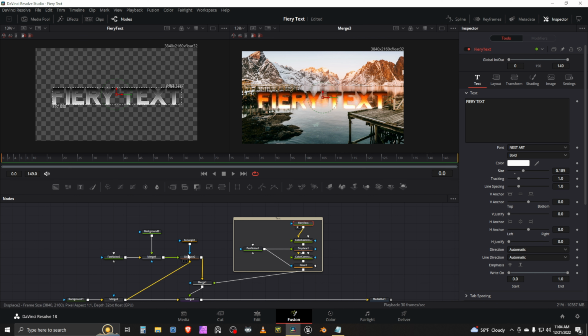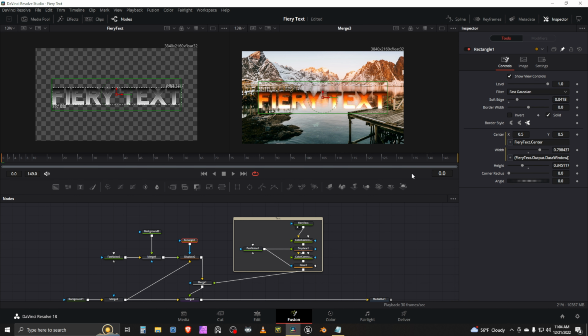So Control Z. We're going to come back into our rectangle. Now we want to have a little bit of buffer in between the text and the edge of the rectangle mask. So we are going to go back into our expression, and don't worry, it's not going to get too crazy. We're going to come all the way to the end by width, and we're going to put plus,